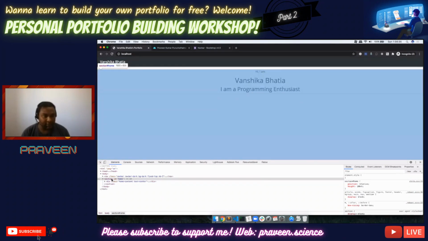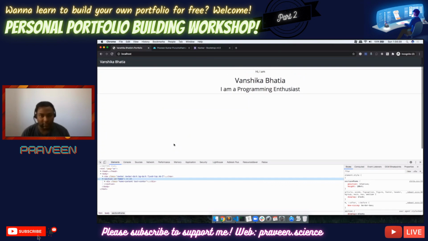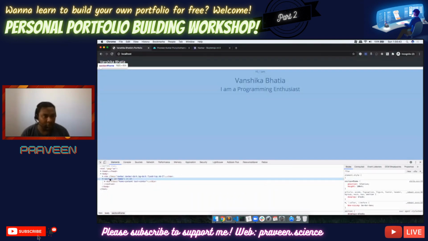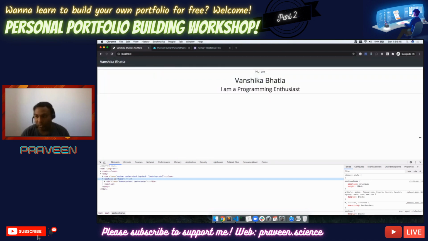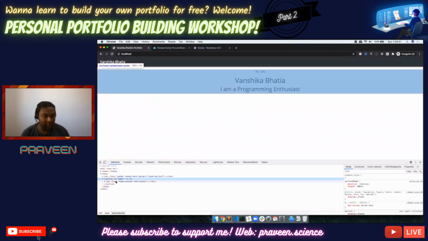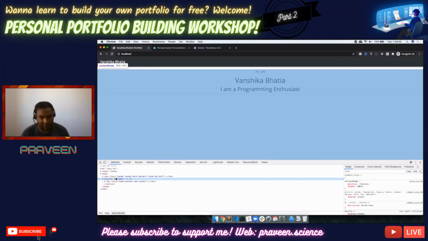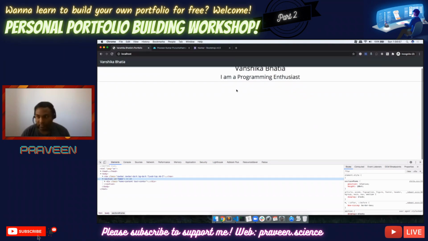Now, if I look at the section here, it is going to take up 100% of whatever it is. If you see this section ID home, it is 605 pixels long, because the size of it is 1920 by 605. There is a scroll bar here, and we don't need a scroll bar at the moment.